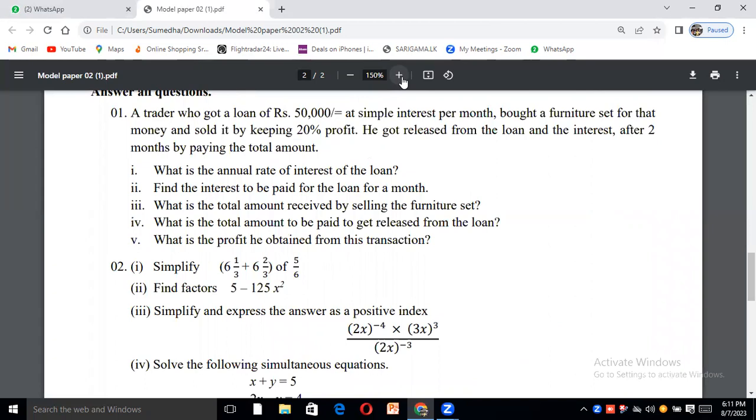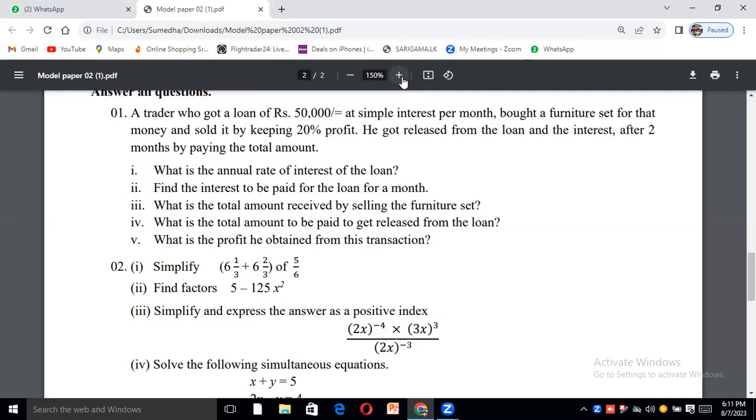A trader who got a loan of 50,000 rupees at simple interest per month got a furniture set for that money and sold it by keeping 20% profit. He got released from the loan and the interest both after 2 months by paying the total amount. Find the annual rate of interest for the loan, the interest to be paid for the loan for a month,